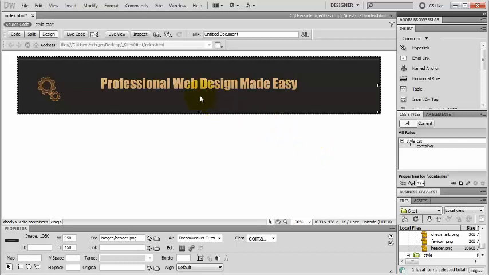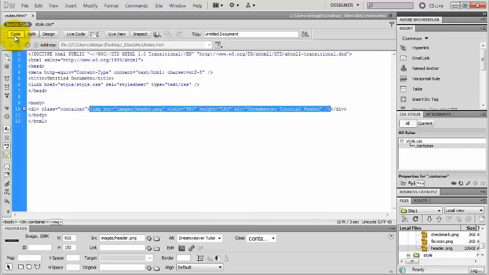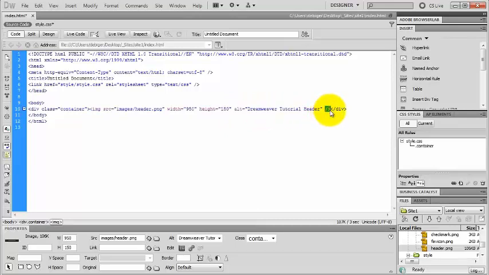and now my header image is right there inside of my container div tag. Let's take a look at the code. There's my div start tag, my image start tag, the source of the image, the size, the alternate text that I just typed in, and there is my image close tag because it's a self-closing tag, and then there is